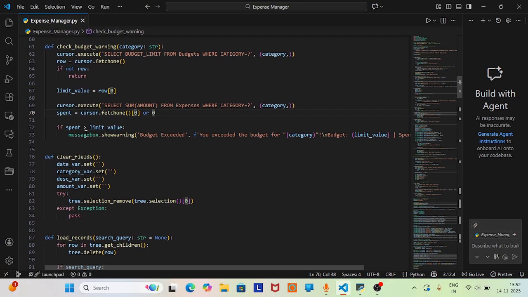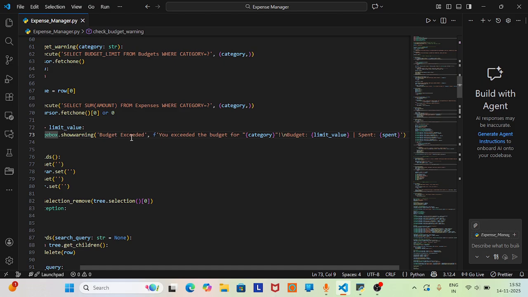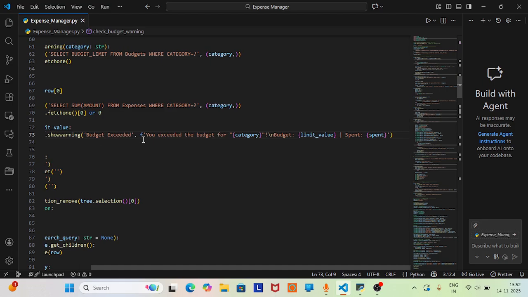If the spent value is more than the limit value, then it will show a message box, showwarning as budget exceeded, you have exceeded the budget for the particular category, and budget limit value as this, and then the spend as this. Okay,